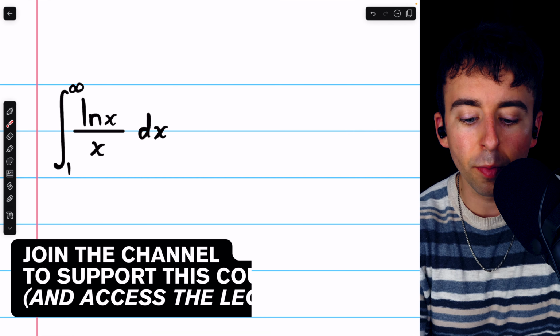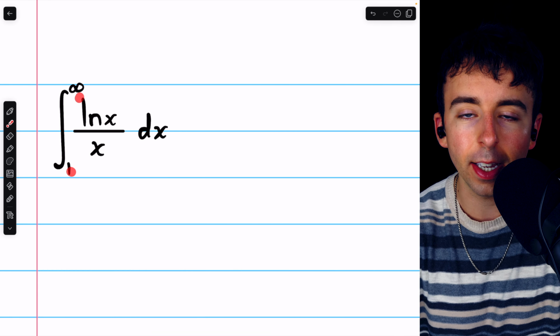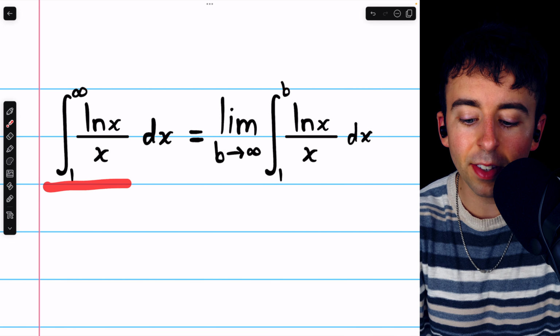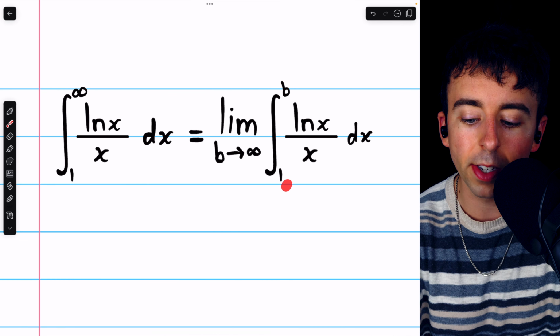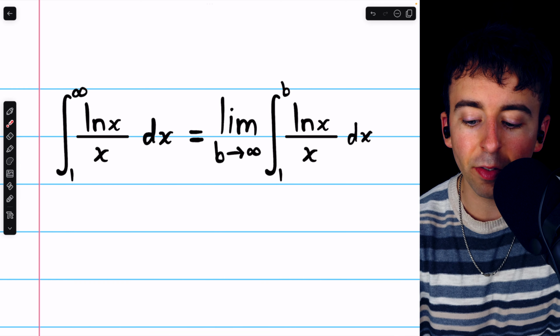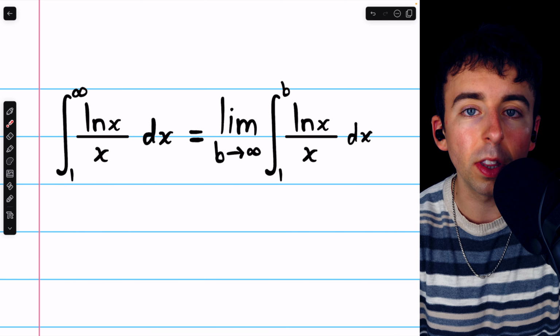To evaluate the improper integral of ln x over x from 1 to infinity, let's first rewrite it as a limit. By definition, this equals the limit of the integral of ln x over x from 1 to b as b goes to infinity. Now we have to worry about evaluating this integral, which can be easily done with u